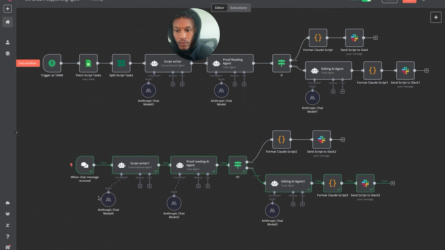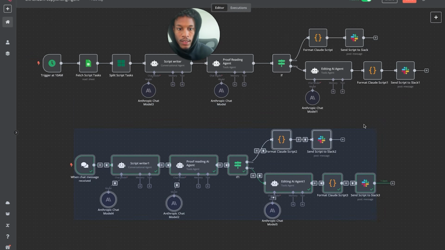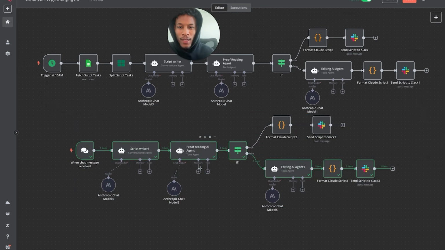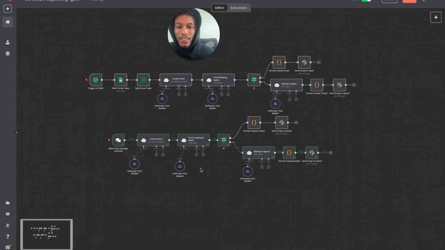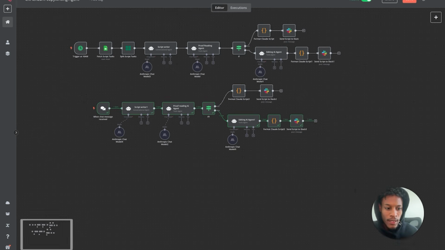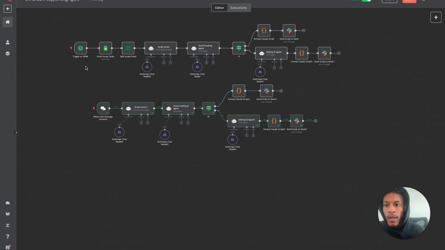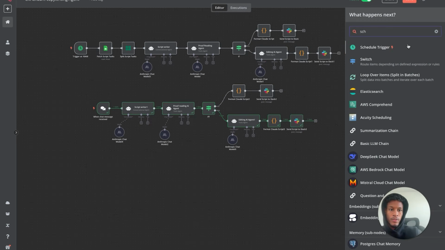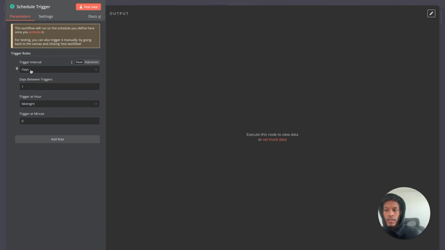So what we're going to do, we're just going to go ahead and move these up, but we're going to go into how to actually build it. Don't worry, I'll have something where you guys can do a little copy and paste inside of the thing so you guys can use it as well. But here, this is what we do. So we go over here to the plus sign, and then we're going to set up one of these. We need to be able to schedule it. So schedule interval every day,